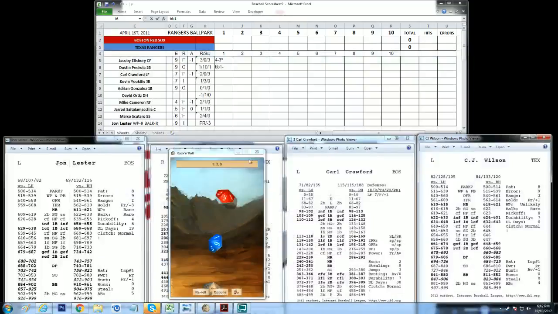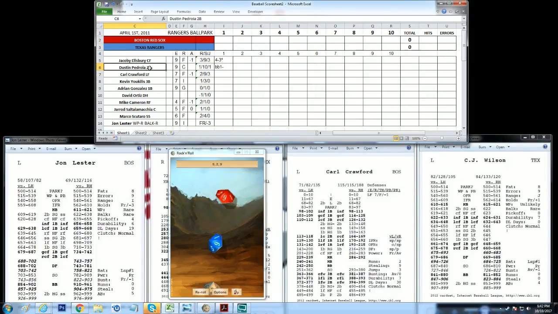If we look at our players here, Dustin Pedroia is the second baseman. That's the player that got the ball hit to him. He does not have a dash. He doesn't have a plus. He doesn't have a dash. So he's just average at turning double plays. As well as the shortstop, who is going to be our pivot man in this situation. He does not have a dash either. So in this case,